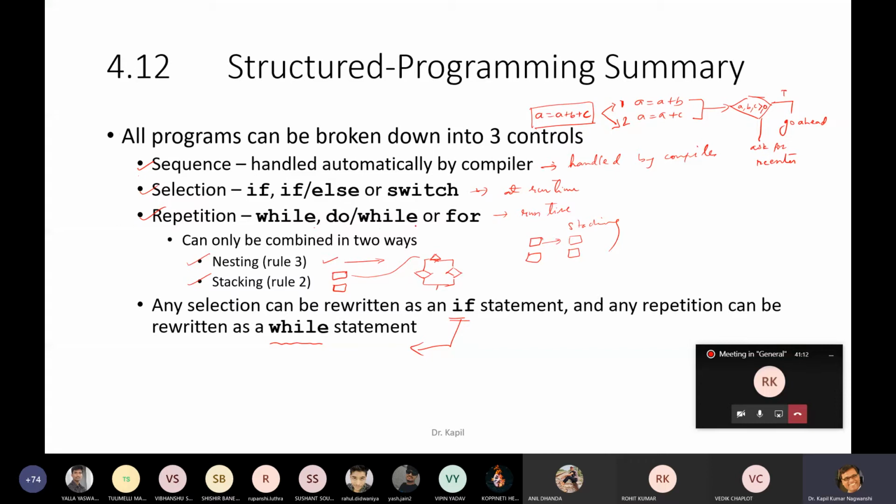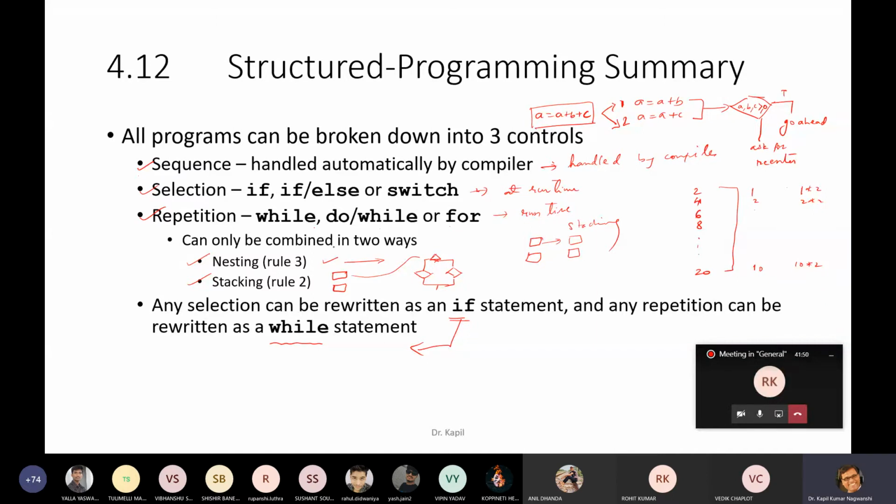Repetition: while, do while or for. Suppose you want to print table of 2: ones are 2, twos are 4, 6, 8, likewise up to 20. So for this purpose, you know that each and every iteration is 1, 2, 3, 4 up to 10. And the result is in terms of 1 multiplied by 2, 2 multiplied by 2, and 10 multiplied by 2. Yes or no? So this is repetition. Until certain condition comes, it will execute the structure till that condition becomes false.